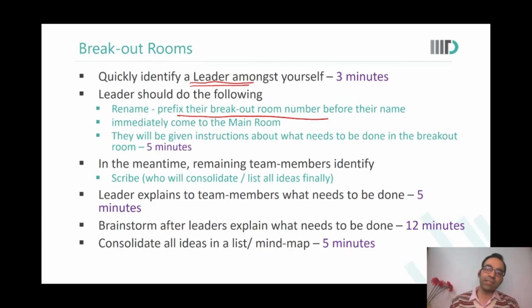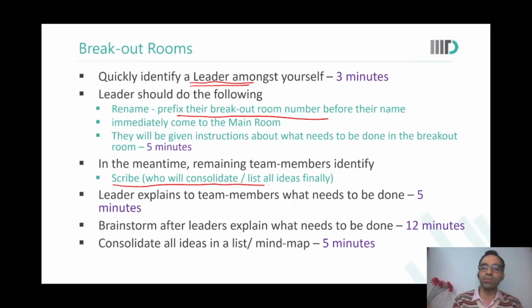And as soon as you rename, come back to the main room. I want all the leaders of the breakout rooms to be back in the main room within 3 minutes of entering into the breakout rooms. I will give the instructions of what you have to do inside the breakout room only to the leaders there. While the leaders are outside, आप लोग जो बाकी लोग breakout room में हैं, you identify one person